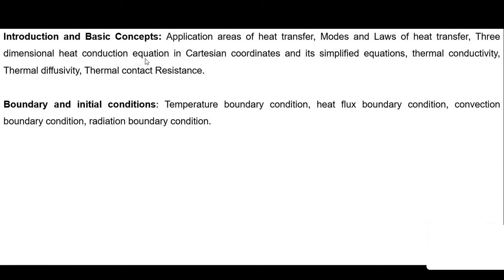After expressing this three-dimensional conduction equation in a simplified form, in order to find the solution, we have to define certain things physically, and those things are called boundary conditions or initial conditions. Boundary conditions, if we are designating it with respect to some space coordinates, and initial conditions means when we are describing anything with respect to time. So application of these different types of boundary conditions like temperature boundary condition, heat flux boundary condition, convection boundary condition, and radiation boundary condition, that we are going to see in the second part.